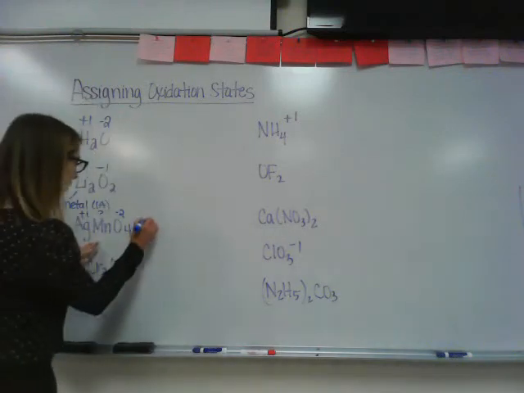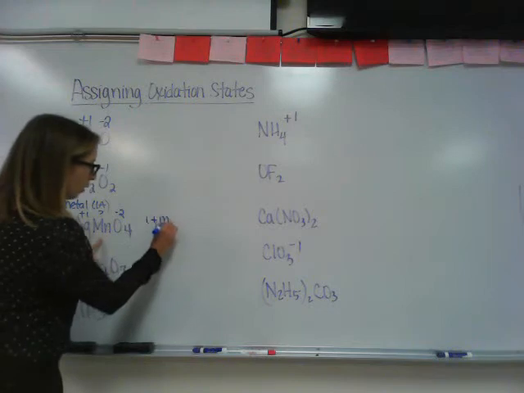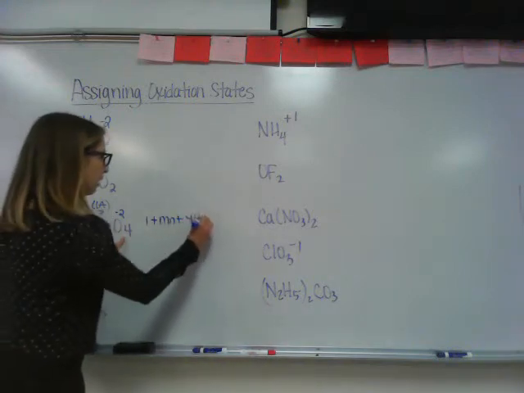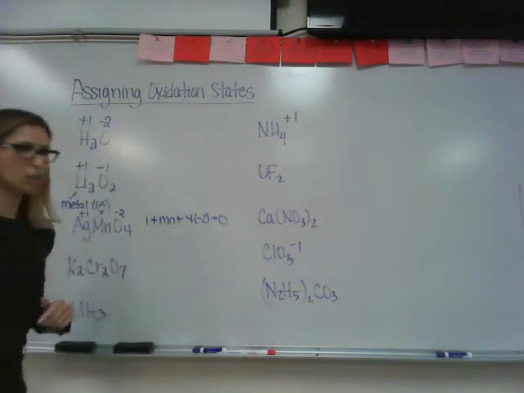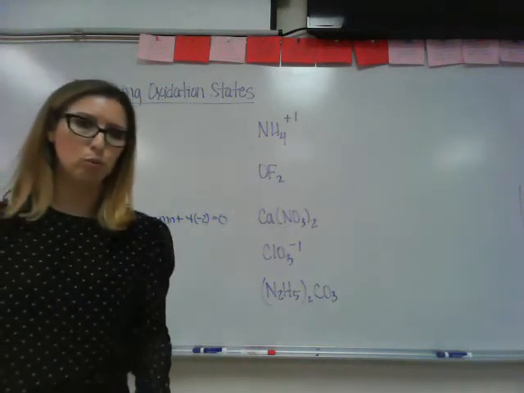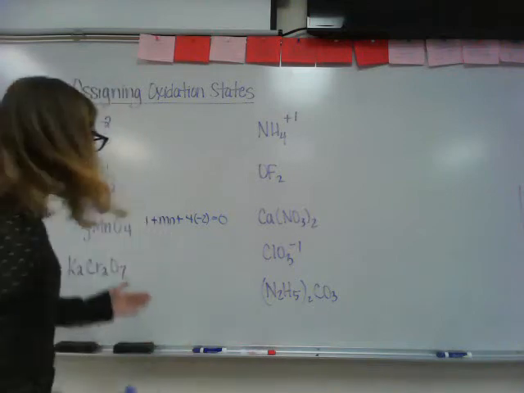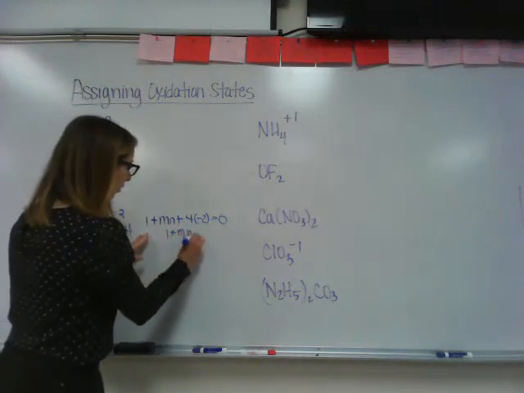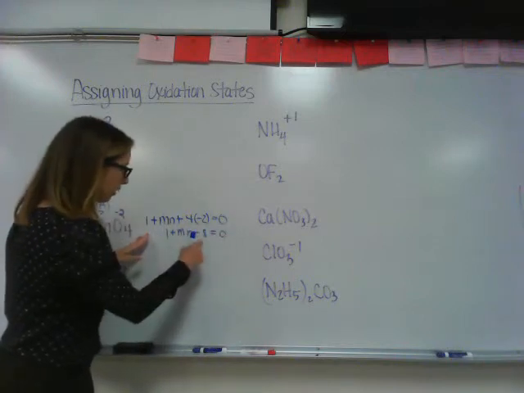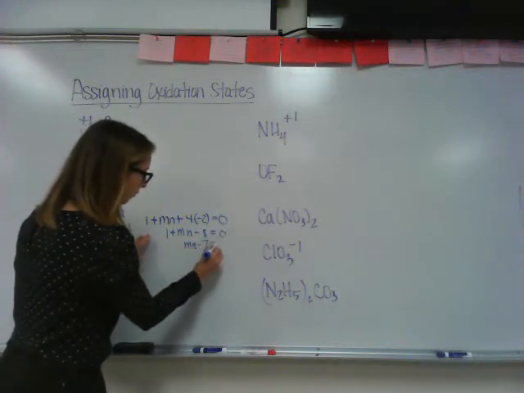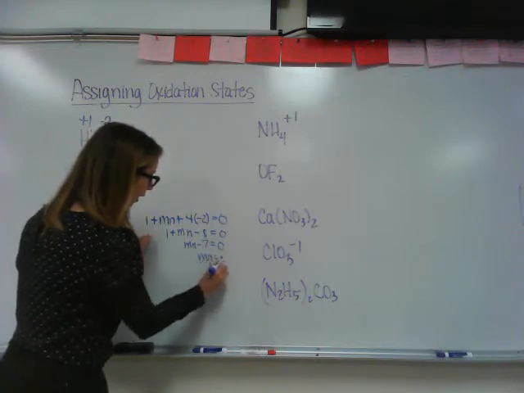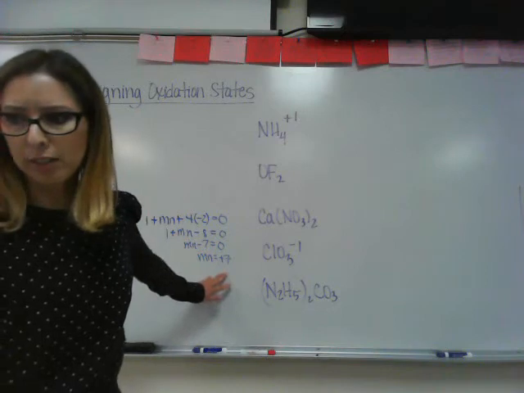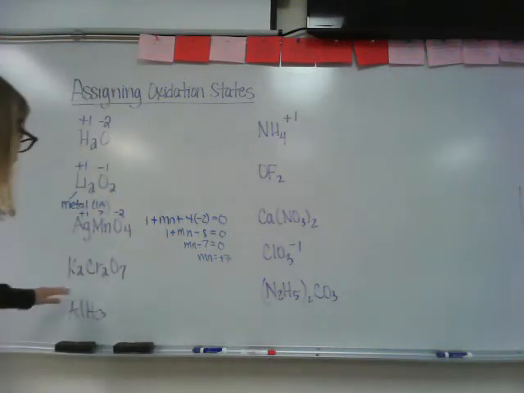So if you have silver at a +1, plus manganese, plus 4 oxygen at a -2, the oxidation numbers add up to 0 because there was no charge written in the problem on the paper. So here, a +1 and a -8. 1 minus 8 is -7. Put the 7 on the other side. Manganese is going to have an oxidation number of +7. Okay? For the next one,